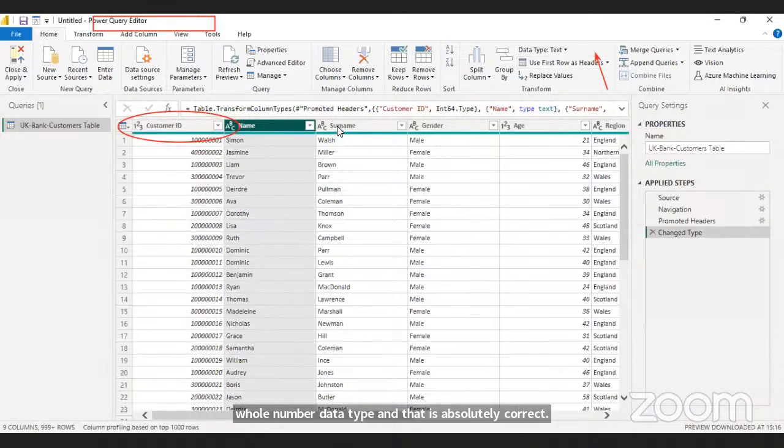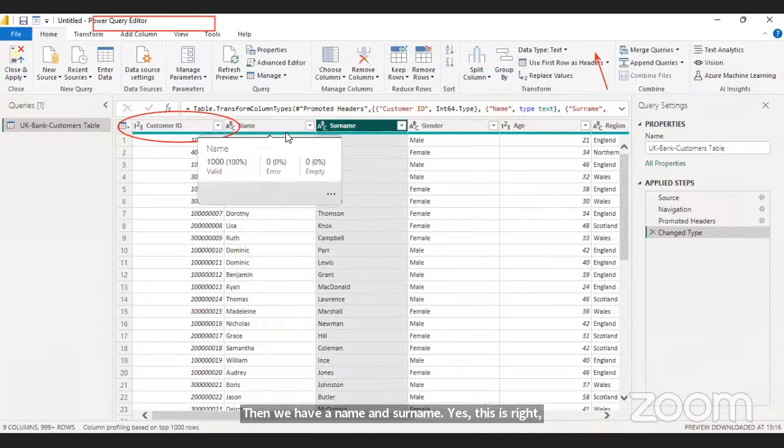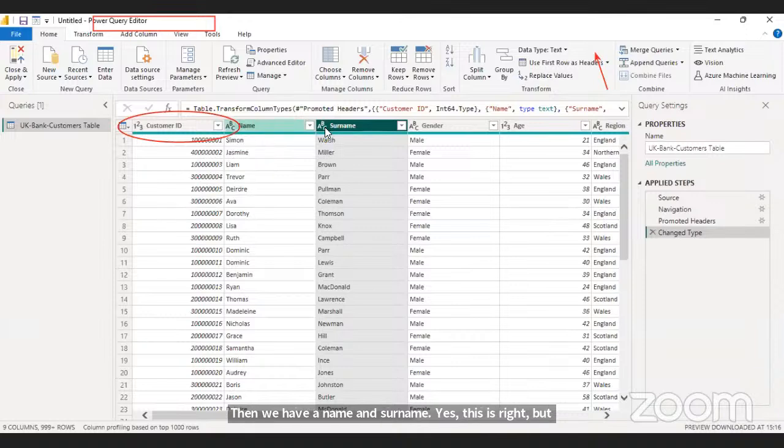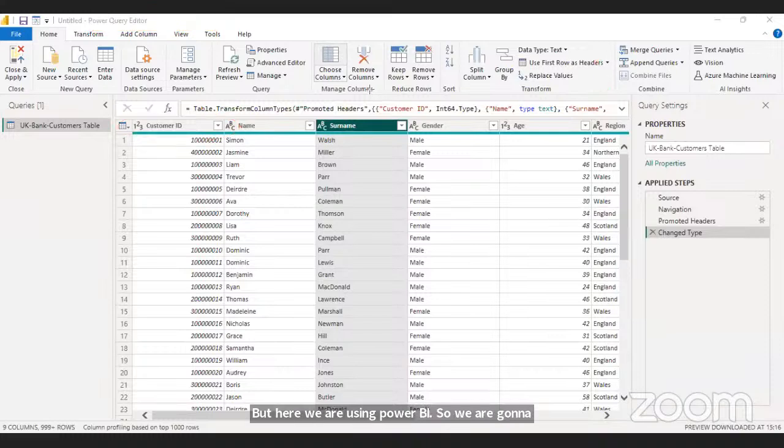Then we have a name and surname. Yes, this is right, but I want only one column where I have a combined name. If we had been using Excel here, we could have used a concatenate function to combine or join the different pieces of information from different cells into one. But here we are using Power BI, so we are going to transform it. That's why we are in the transform tab. So let's go to the transform tab and